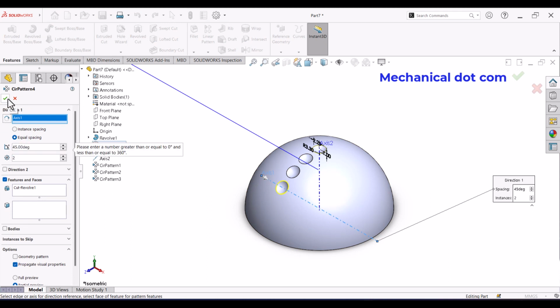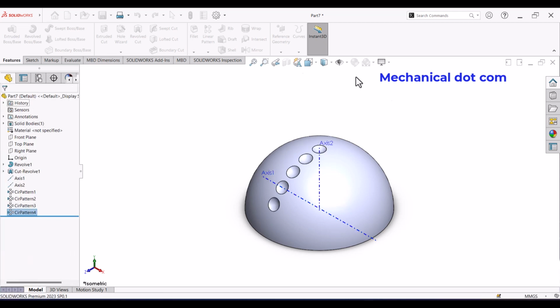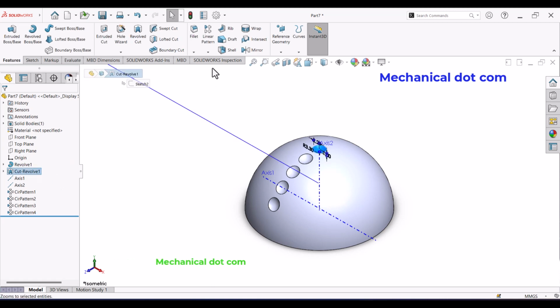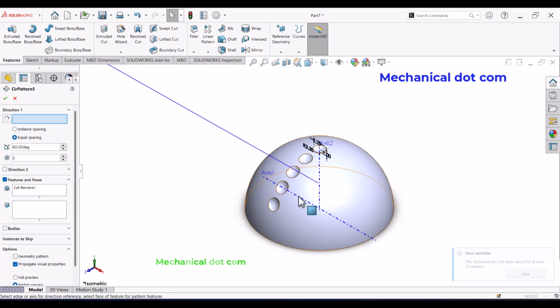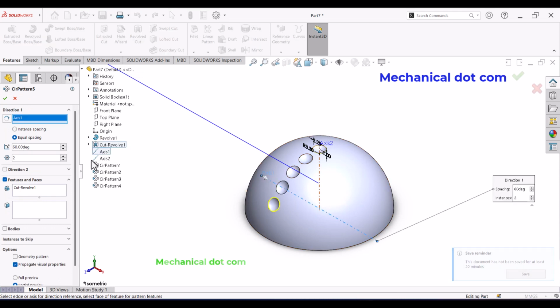Press OK. Wait a second. Press 60 degree and press OK. Now the last one, go to circular pattern, select the horizontal axis, and now the angle is 75 degree. Press OK.